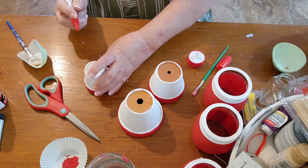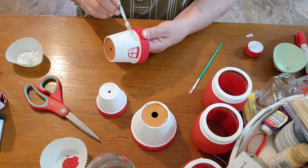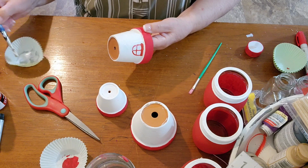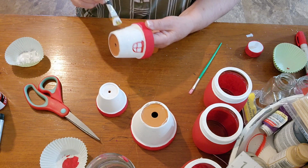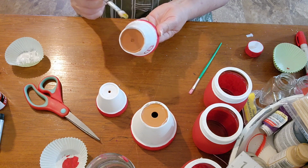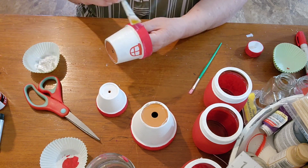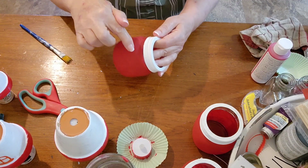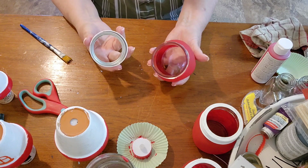Just a little one. I want this to have a little bit of a shiny texture to it. And all my craft paints are flat. They're just a flat paint. Matte paint, they're flat. I don't even know if I showed you this, but all I did was paint the ring part on these